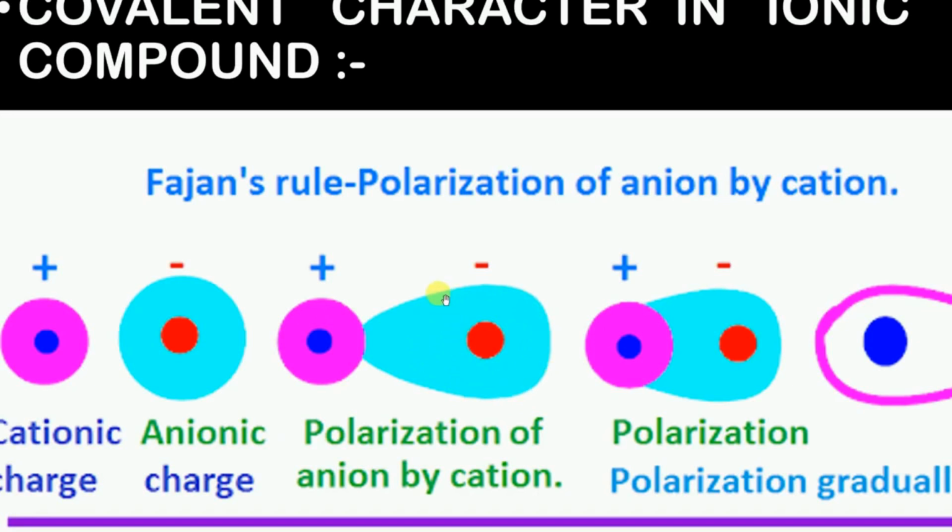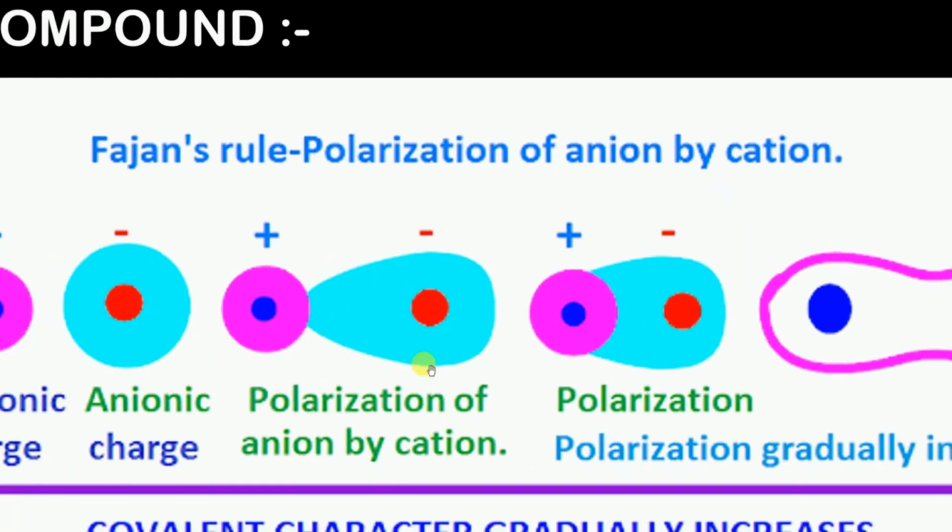And due to this, can you see over here, there is a shift in electron cloud density. The electron cloud density has now shifted towards the positively charged cation. As mentioned earlier, guys, it is going to attract the electrons. Since the electrons are attracted, it is obvious that the electron cloud density is also going to shift towards the positively charged cation.